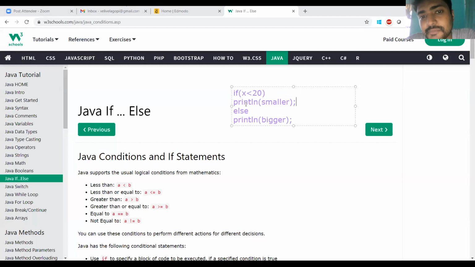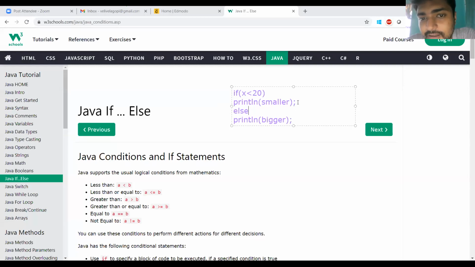In these if else statements, we have nested if statements. So in the latest version of Java compilers, the else statement is optional. If you keep the else block, or you may not keep the else block, that is optional. So without else also we can have the nested if statement.